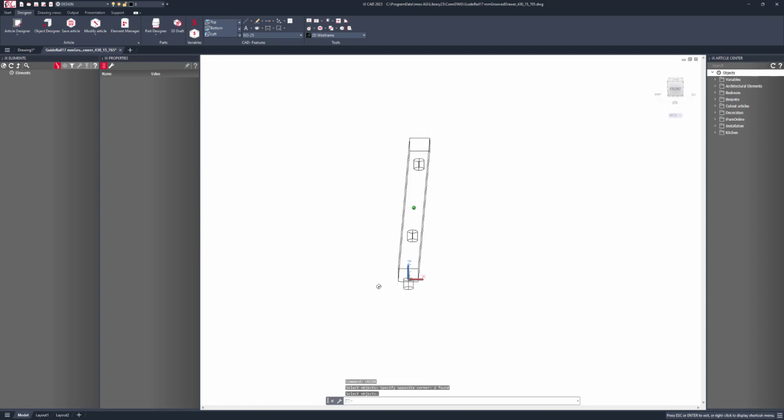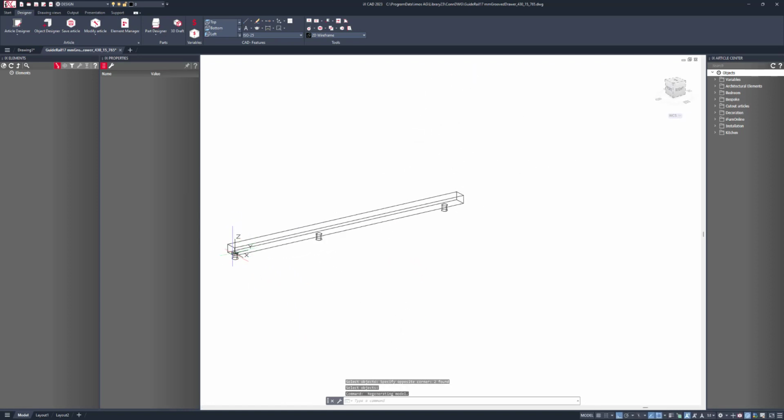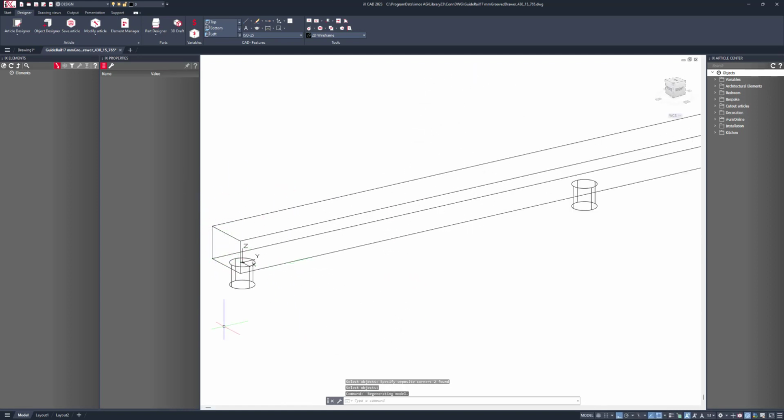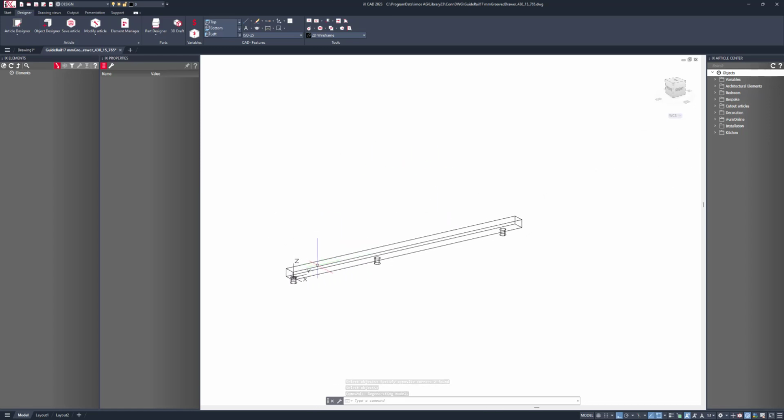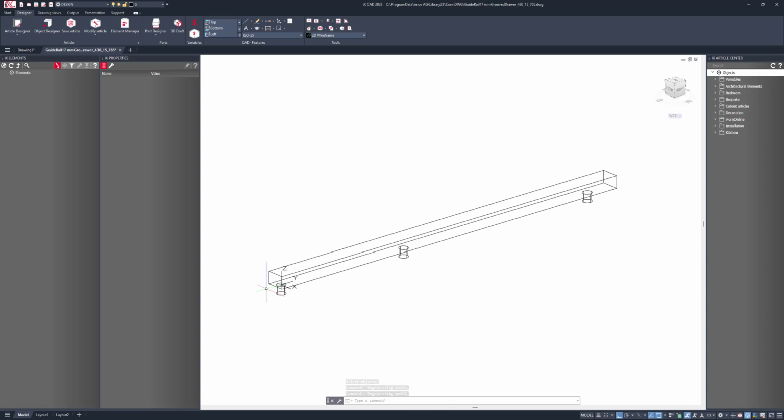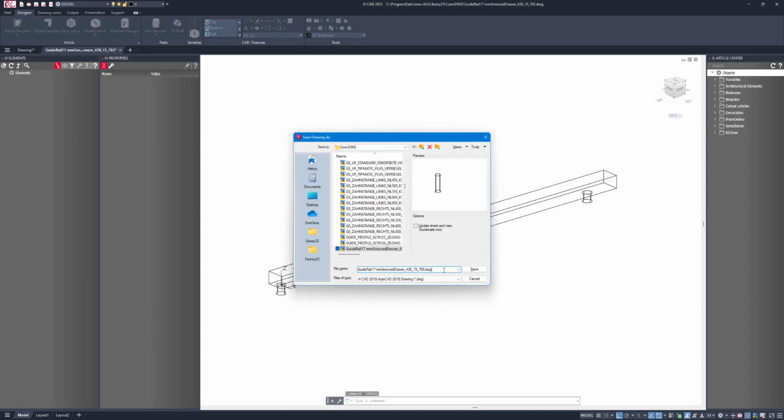So it's a very basic model. I can obviously spend a lot more time putting radiuses and fillets and all that sort of good stuff on there, and if I want to, I can also apply materials to this as well, so that when we render it out it looks very, very accurate. But for now I'm happy, so I'll just type save as again, and I could have just typed save, but what I want to do is copy that name,